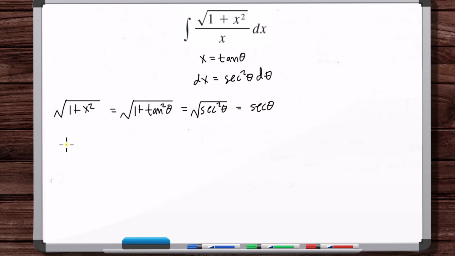Okay, so we've got tangent theta, secant theta, and then dx is tangent theta. Or no, dx is secant squared theta d theta. Okay, so